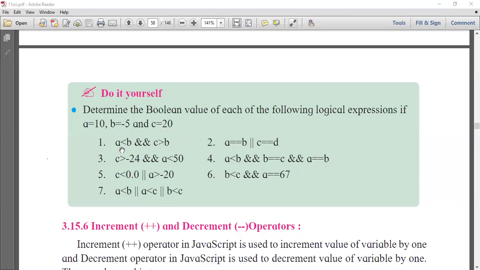Nobody is giving an answer. Yogesh, is Yogesh there? Is Amol there? Yes, what is the answer? Yes, Amol is saying false. Okay.